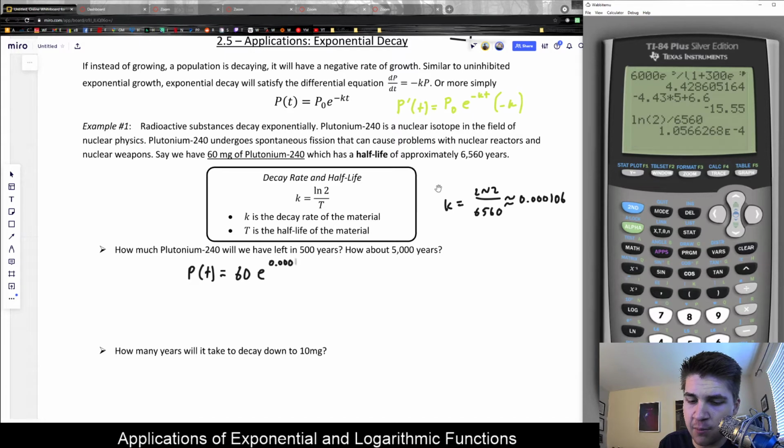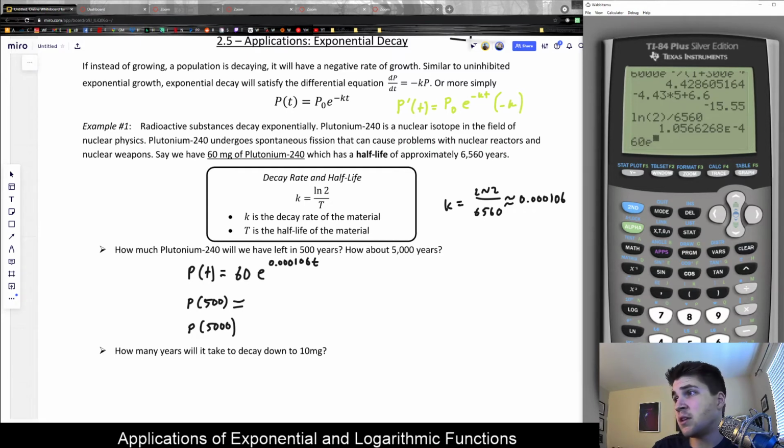range of the homework. Anyways, this would be our function which models the amount of plutonium we have left after T years. Again, where the time frame of T should match with your decay rate, since that was in years in the half-life formula. This would be like a yearly rate, and so we're good using years here. So I could do P of 500 to figure out how much plutonium I have left after 500 and 5,000 years respectively. So after 500 years, I would have 60